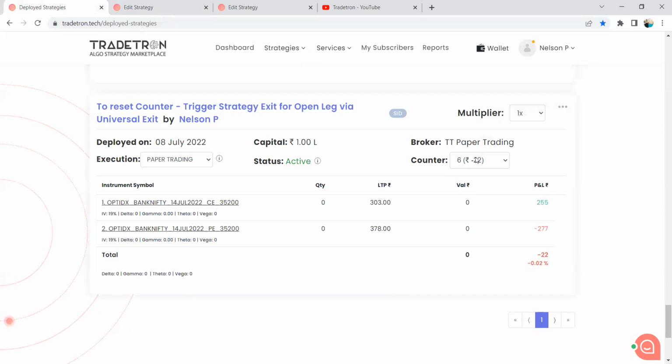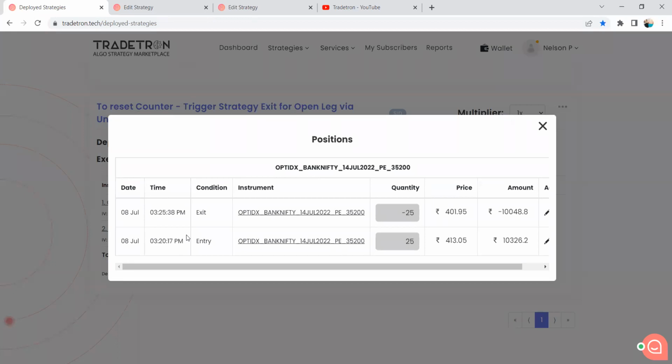So for example, this is the 6th counter, right? Today it took 6 counters total, suppose. You will see that first of all, it entered at 3:20 p.m., and as you can see, this is the set exit. It entered at 413 and at around 10 points lower, that is the stop loss. This put option got exited at 3:25 p.m. So after 5 minutes, this condition was met, and that's the reason why the set exit got triggered